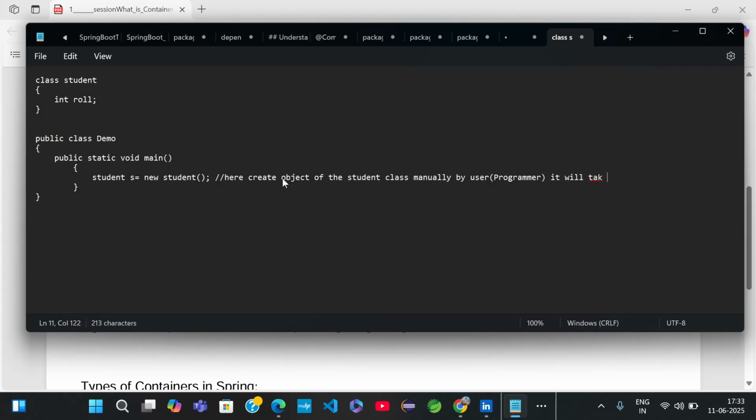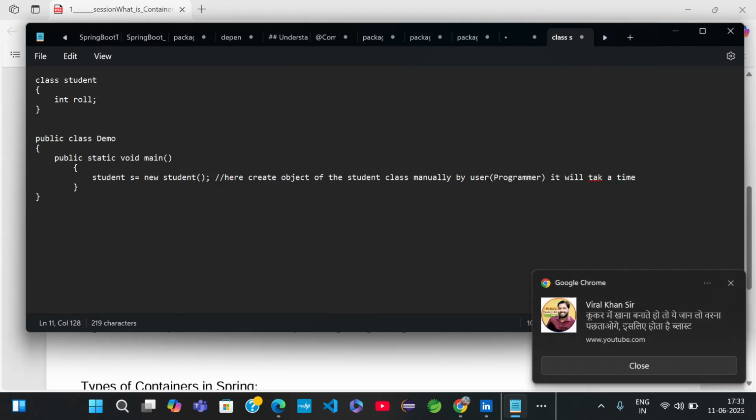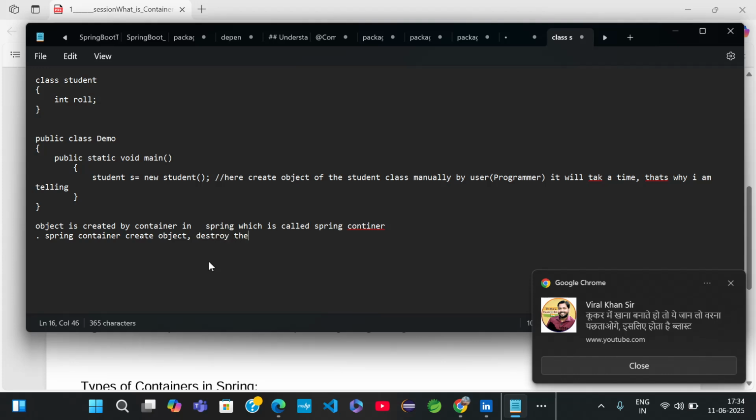It will take time. That's why I am telling you, object creation is handled by a container, which is called the Spring container. The Spring container creates objects, destroys objects, as well as performs dependency